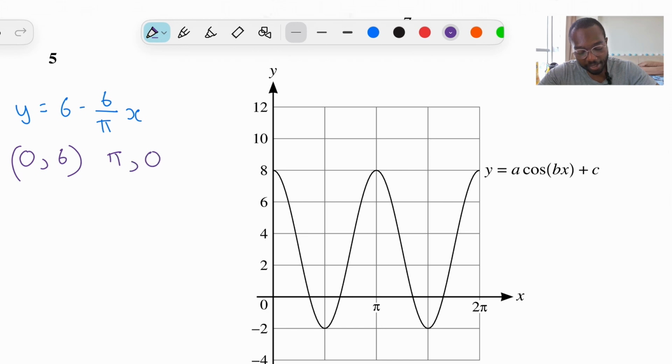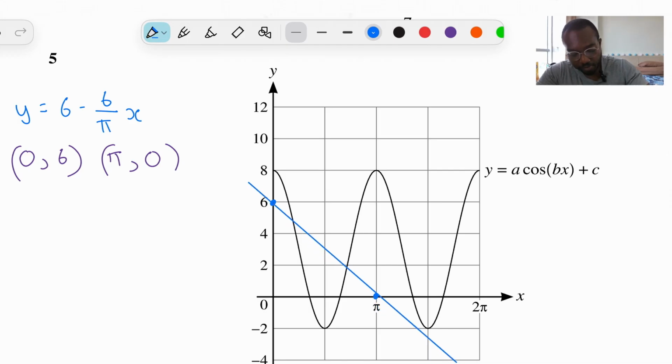So we know pi, 0 is also going to be a solution. And then again, we do the exact same thing, okay? We just find those 2 points. So 0, 6 is here, and pi, 0 is here. And then again, we do the same thing. Now, if I just draw these two lines here, okay, see if I can get it